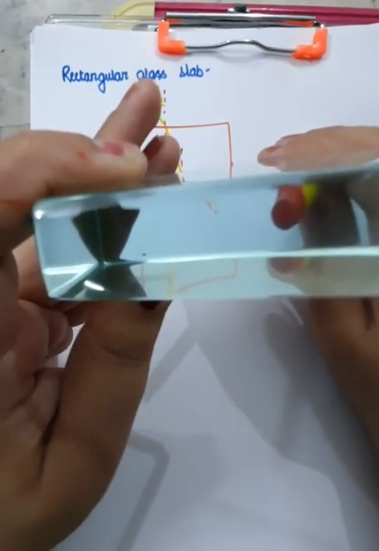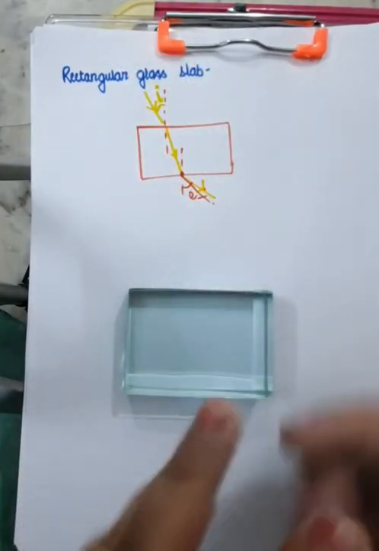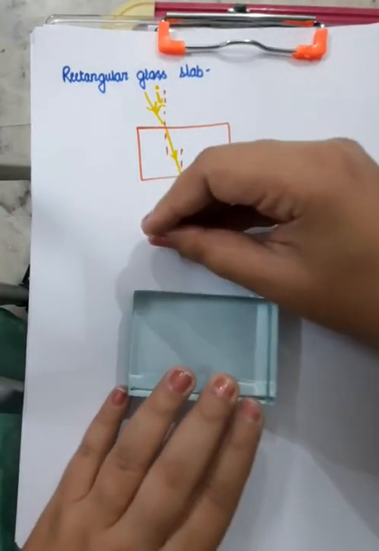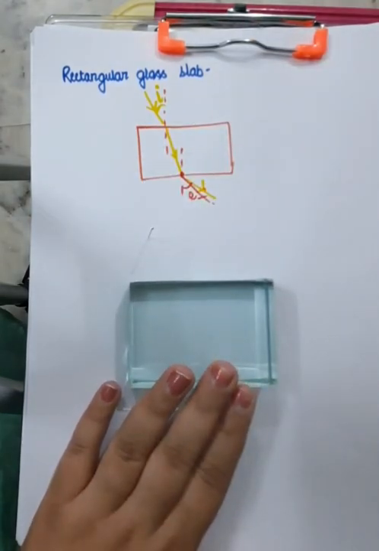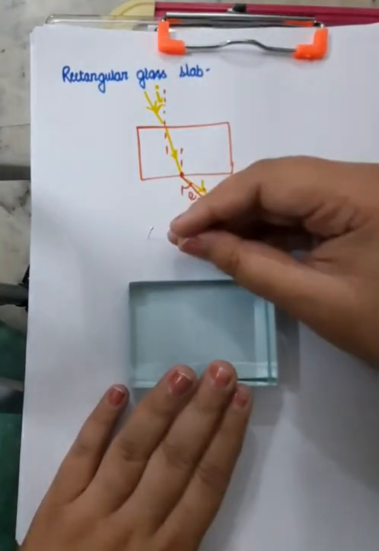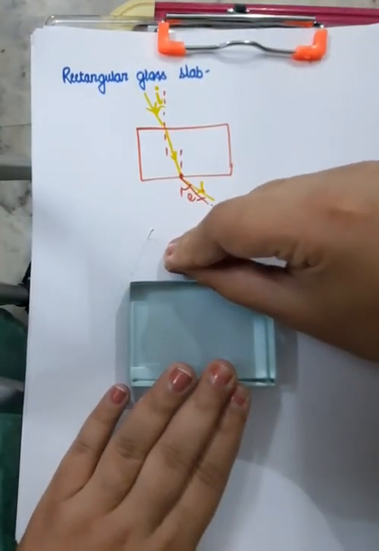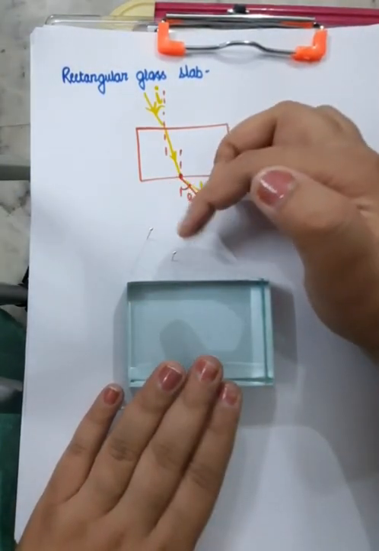Yeah, so that's what you're going to do here also. You need to pick one light ray and you need to see its path from the second face of the glass slab. How will we go about it? We can choose pins to our rescue. Suppose I have fixed one pin here, and then suppose I fix the second pin here, so that this is my incident light ray.